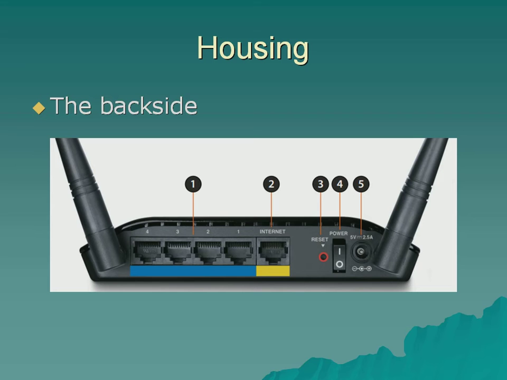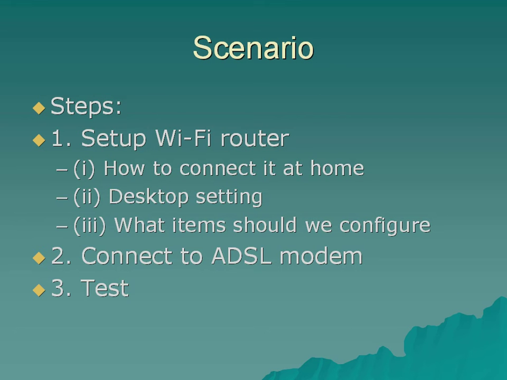And from the back side, the number 1 part means the Ethernet port. The number 2 part is to connect to the internet. You can use this port to connect your ADSL or cable modem. The number 3 part is to reset your router. Number 4 and number 5 are related to power. Okay,